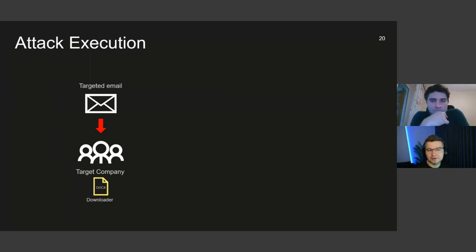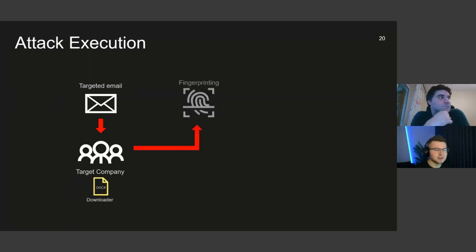If the user does that, what happens next is it's redirected to a server that does fingerprinting. So it saves information about the Office version and the operating system you're opening it on. Is it 32-bit by any chance? Maybe you're on a local machine. Is it the 64-bit version of Office as well? Then they can push the right file to you that will work on your particular system.